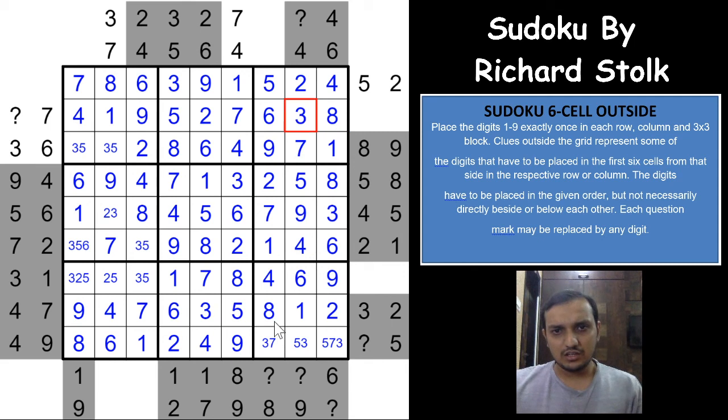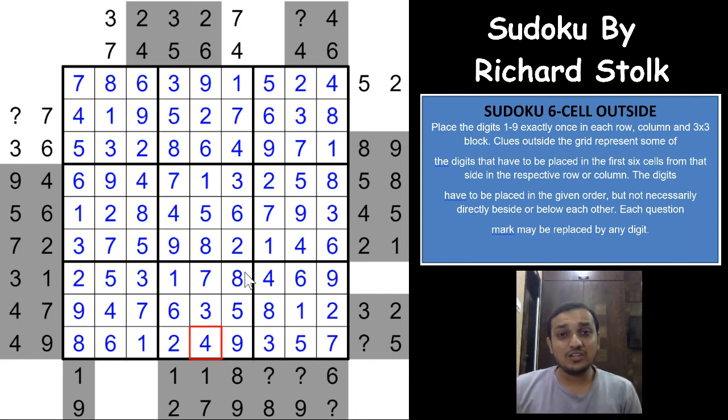And that 3 gives you a 3 here, and 5 and 7, right? So this is 5, this is 7, and this 6 eliminates 6 from here, so this would have to be a 6 now. This is already a 6, a 3, 5 pair, that gives you a 2 here. This 2 gives you a 5 here, a 3 here and a 5 here, that gives you a 3 and a 5 here, and that gives you a 3 and a 2 here.